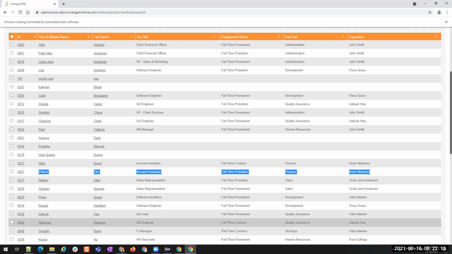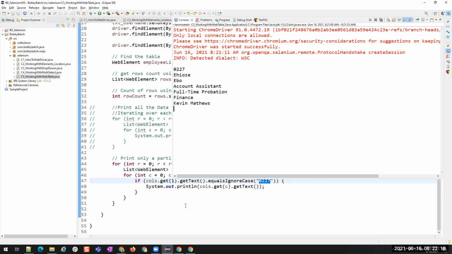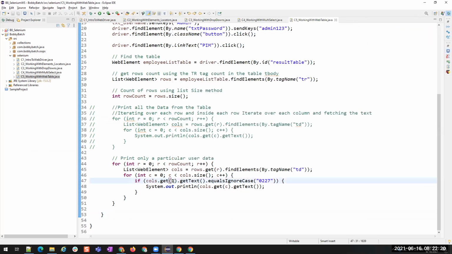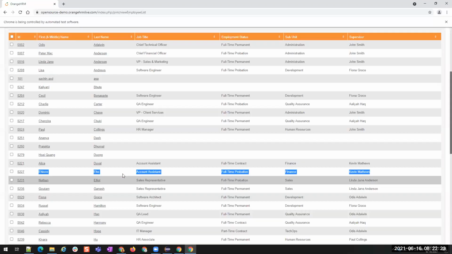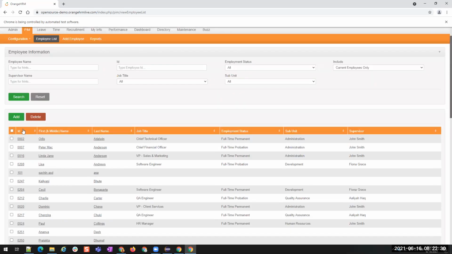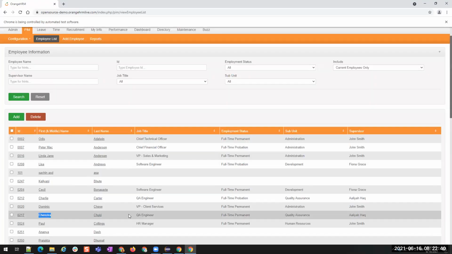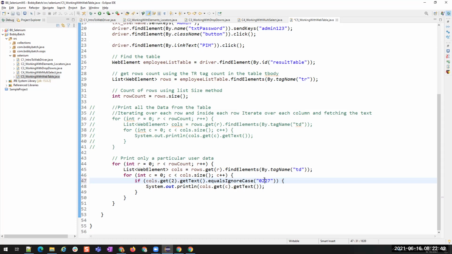Right? So here the column number of ID is 2, so I gave index as 1. I don't want to go with the ID. Suppose I want to go with the first name or last name. Then if I want to go with the first name, the column number is 0, 1, 2. So here I'll change this to 2. And then what first name? I want this Chenzira, for example. So I will give this Chenzira here. Now it will print the data of Chenzira. Let's see that.